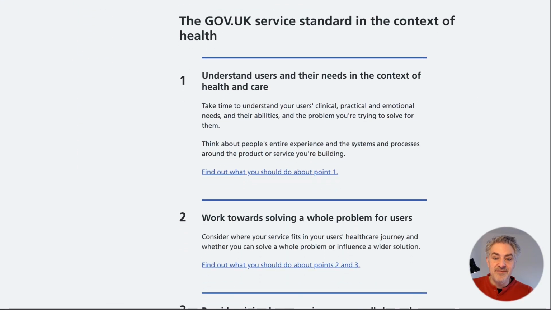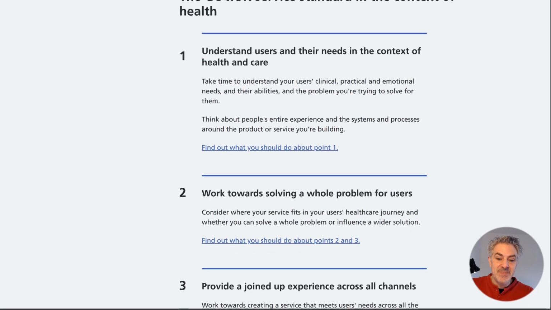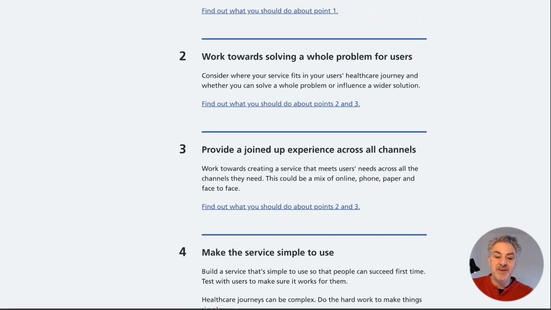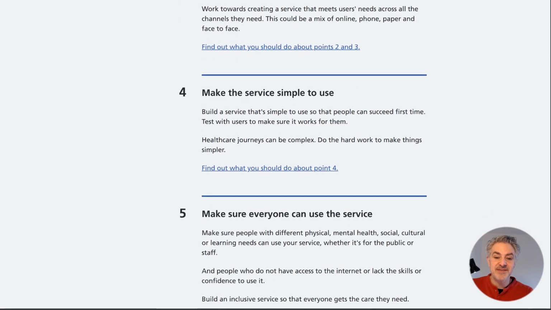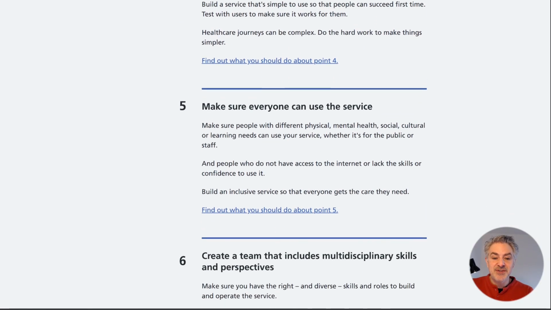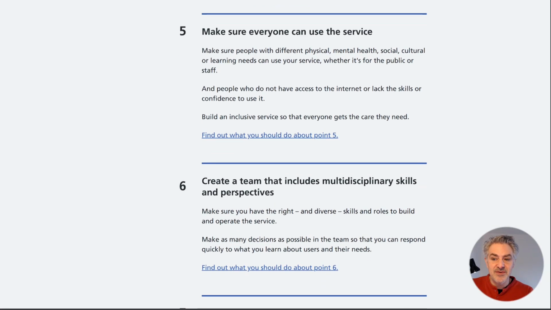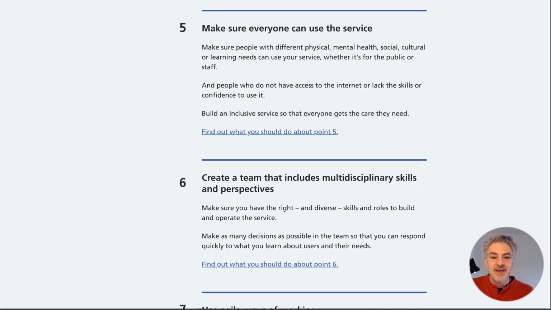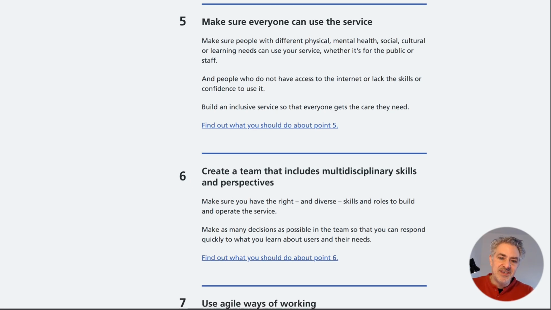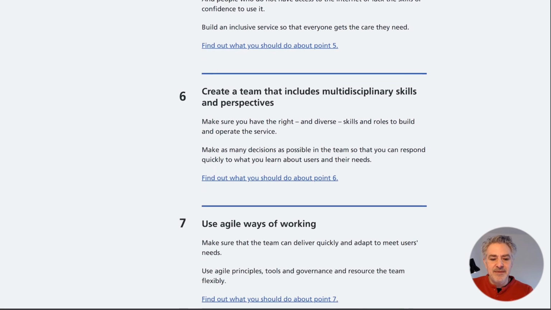We've got a lot of points here that aren't particularly well adhered to. Understand users and their needs in the context of health and care. Working towards solving a whole problem for users. Joined up experience, simple to use. Now, some aspects of this perhaps are being done well, possibly bits within the NHS app, for example, but